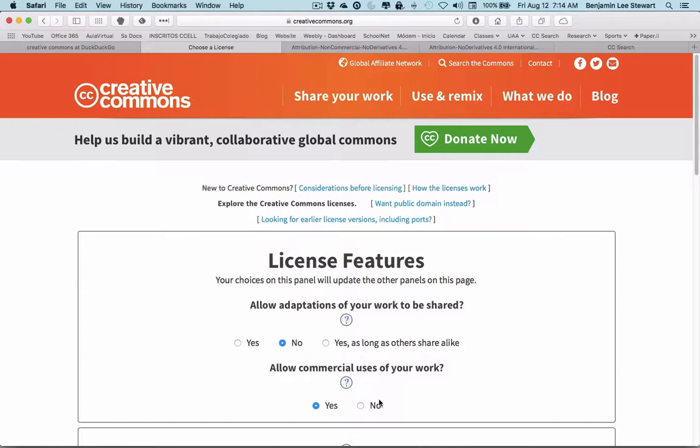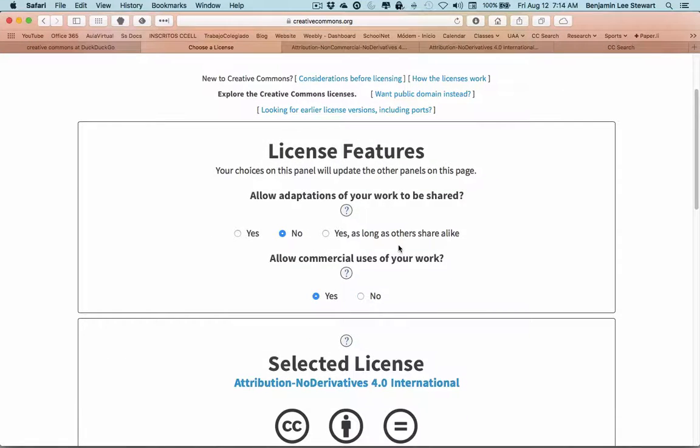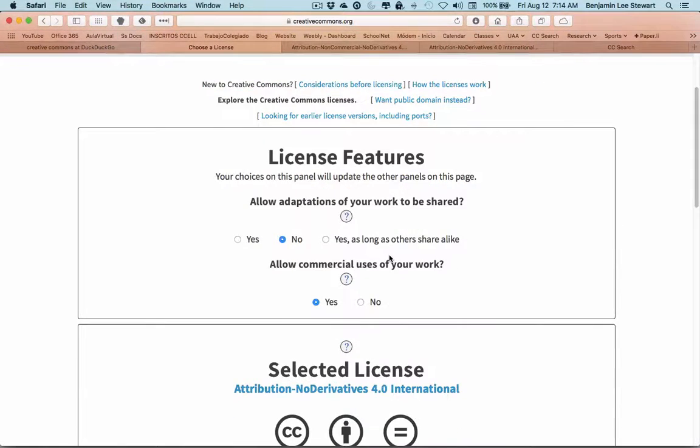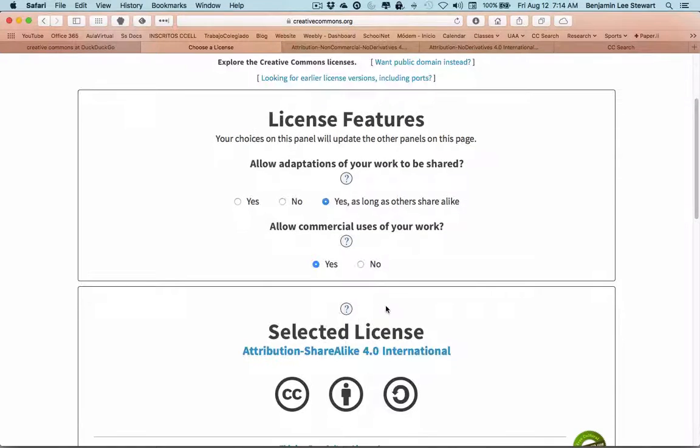One thing I forgot to mention, and again, looking at the different types of licenses here, there's a third option under this first question, and this pertains to what's called a share alike option. And this is the icon here down at the bottom. All this means is others are free to use the work as long as they assign the same license that you assigned it. That is, they can't change the license. So if, for example,